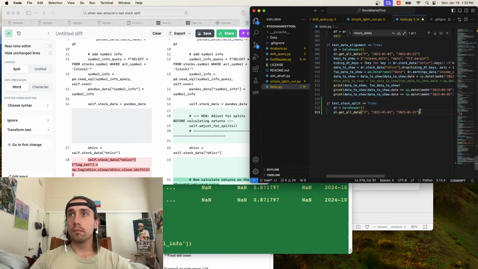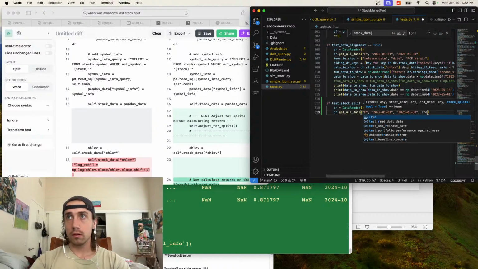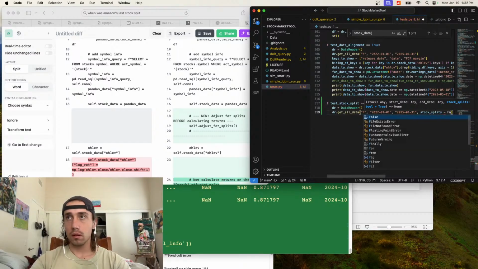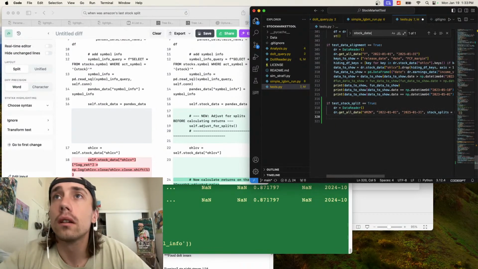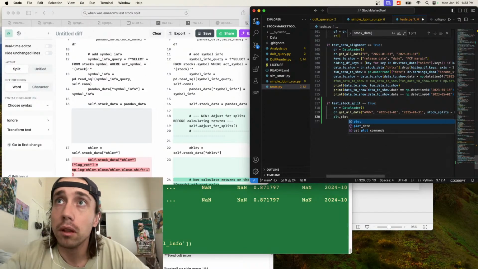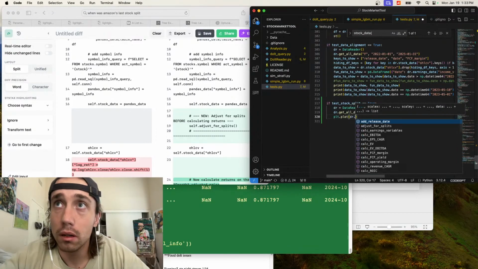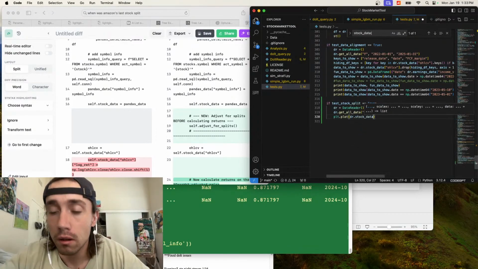Get all data. So don't split it. Let's do Amazon. Then we can say plt.plot dr.stockdata dot